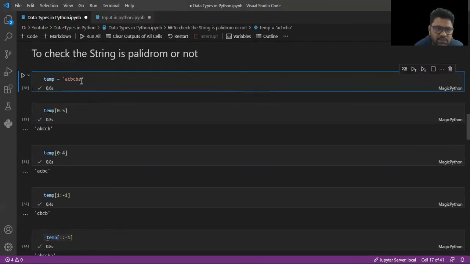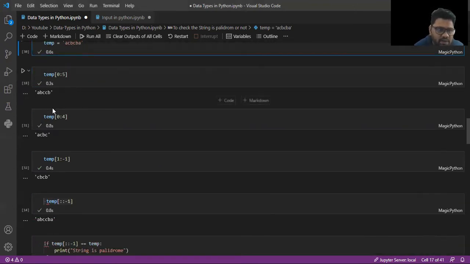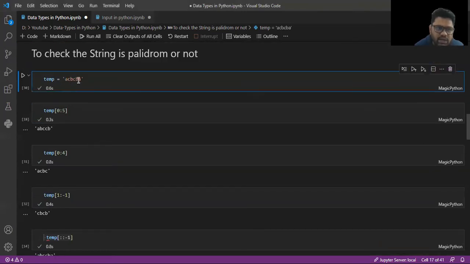So the last position is not printed. Here you can say CBCA. 1 is nothing but C, and -1 is nothing but A. So A is not printed because we have given the -1, and that particular character will be excluded. So it is printed only CB and CB.